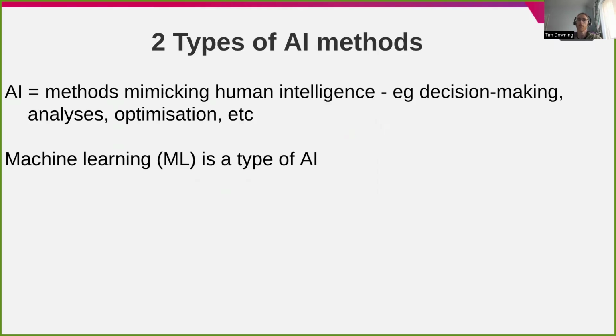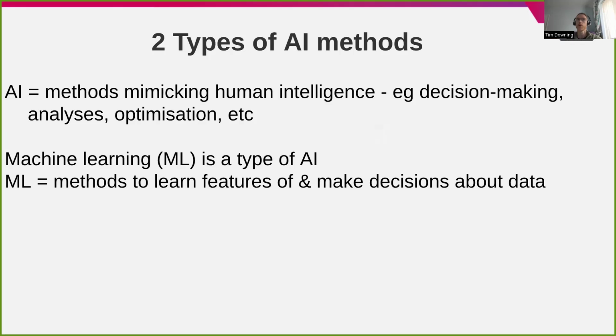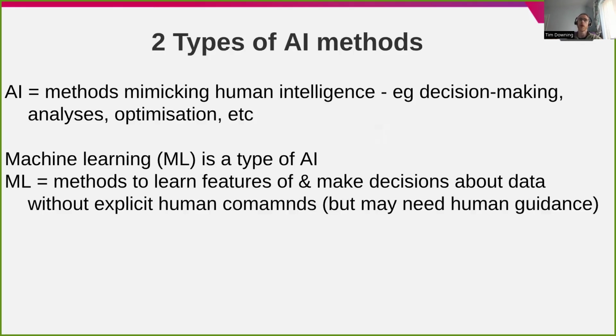AI includes machine learning, and therefore we shouldn't talk about machine learning and AI as separate things. Machine learning is part of AI. Machine learning is more specific in terms of having methods to learn features and make decisions about data. This does not necessarily require direct human commands, mainly human guidance. And what we're going to look at in our lab later is a very structured and explicit approach to running